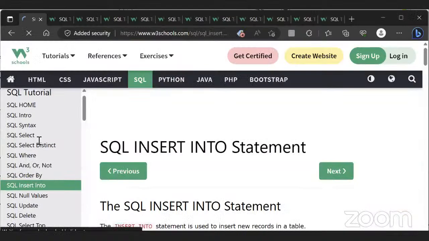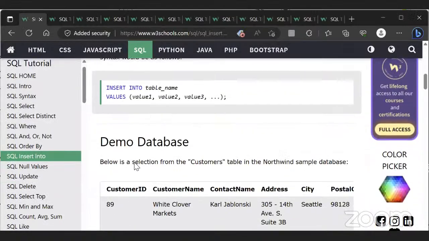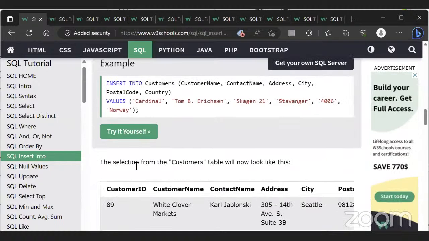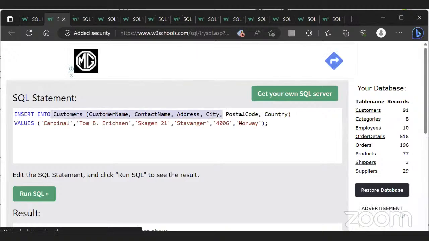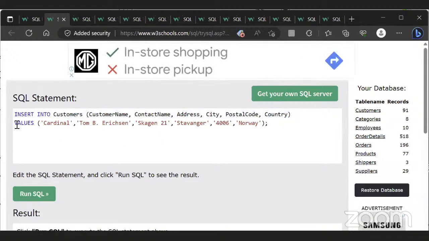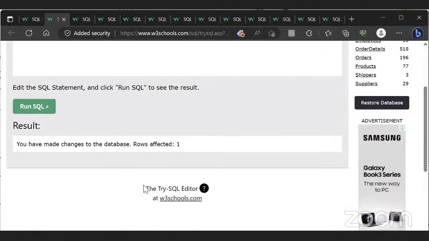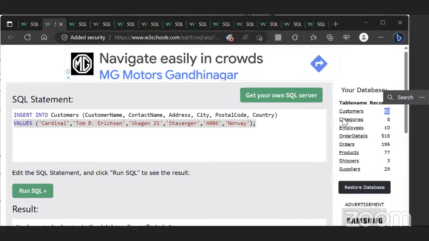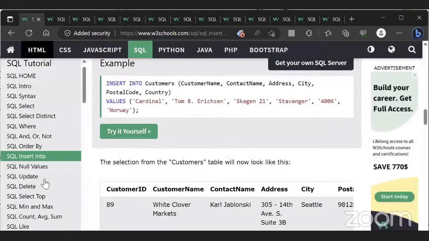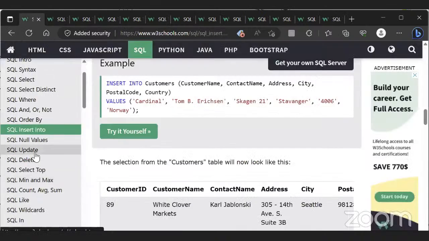Then we have INSERT. We want to insert specific values into columns. That is possible. INSERT INTO customers and whatever columns you want to enter, you enter values, the exact values. Now we have added one value and you see the count has increased from 91 to 92, right? Similarly, we have null values, UPDATE, where you have specific values, you simply want to update them. DELETE, SELECT TOP, minimum and maximum, and so on. So I will stop here